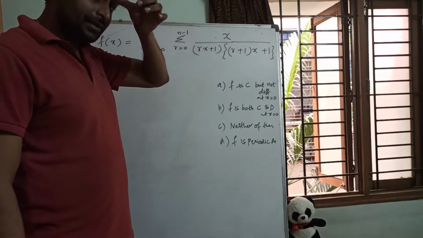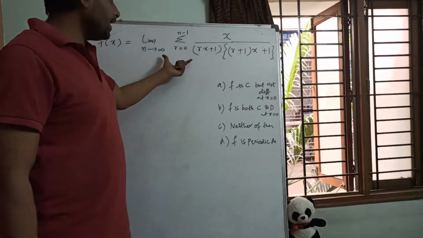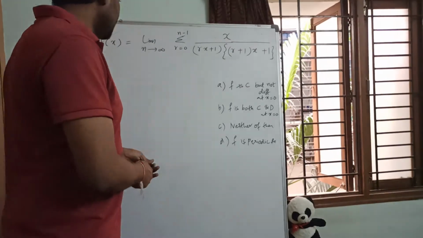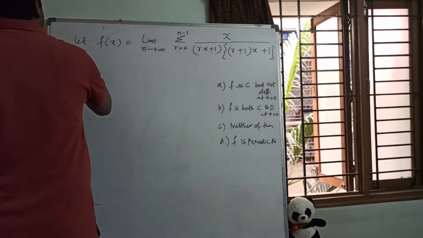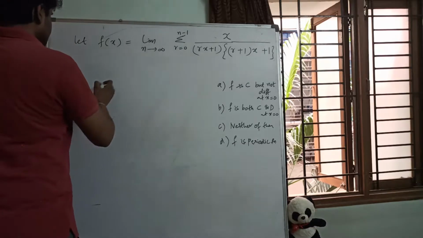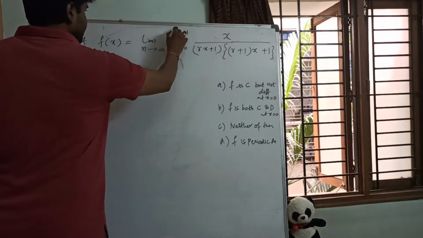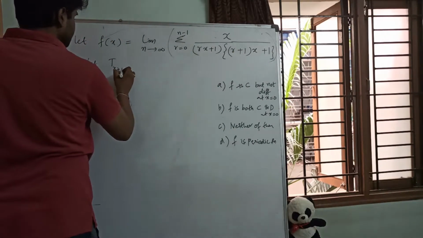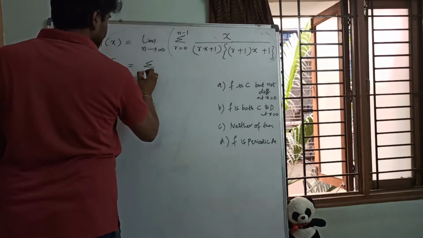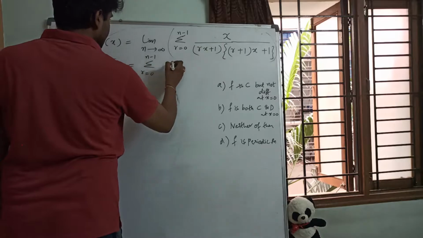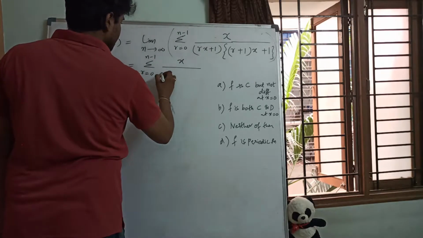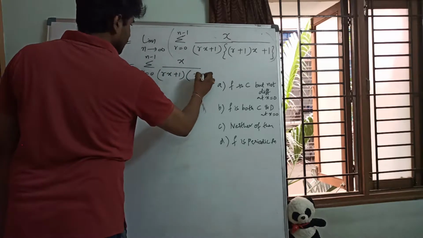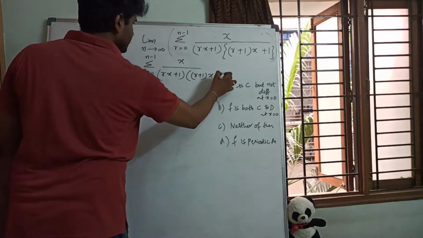We'll get a particular expression in that. So from that we can go for finding RHL for this because limit n tends to infinity is given. Okay, so now we'll see. Here let us simplify this question first. So first of all let me take this expression as some series. Let t r plus 1, some expression I can take, summation r equal to 0 to n minus 1, here x by rx plus 1 into r plus 1 x plus 1.